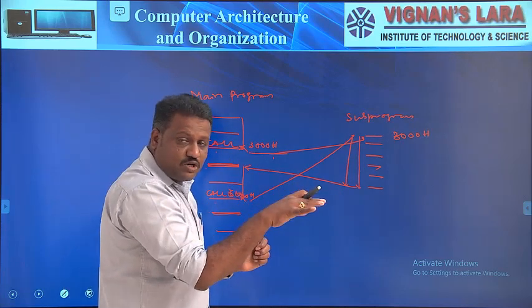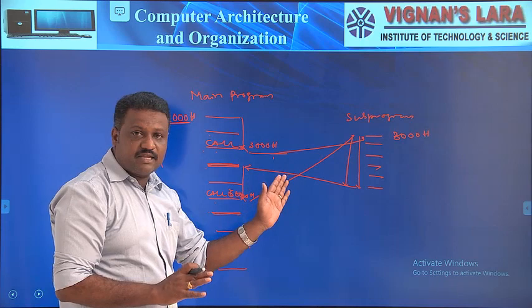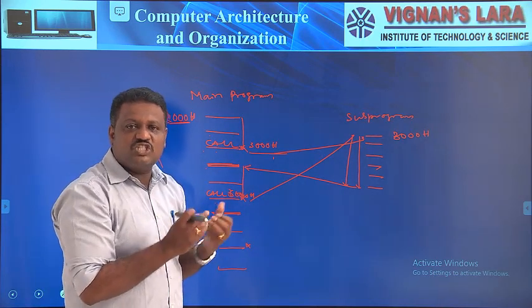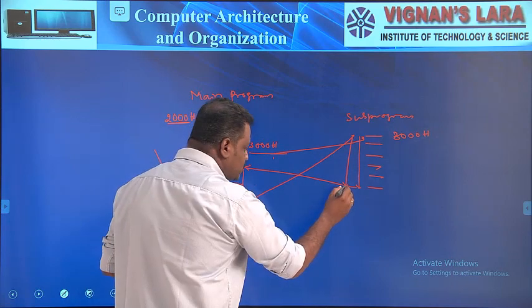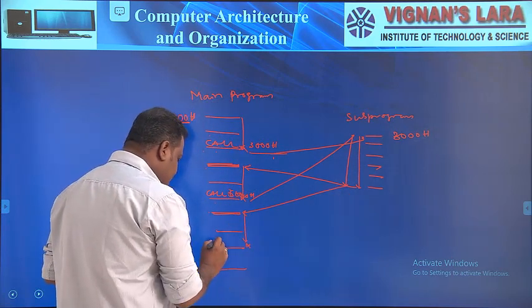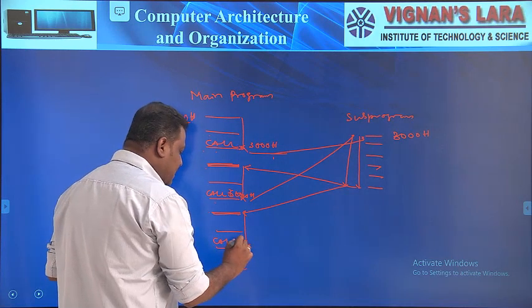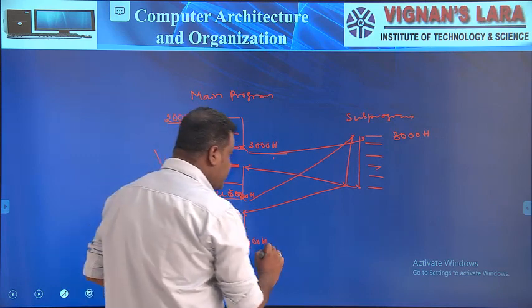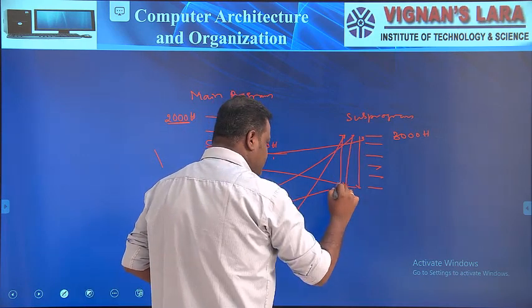Again I do the reverse operation of what I did previously on the stack, that is retrieving the top of the stack content by execution of pop. Then our execution is shifted again to this position. Again by running this, here also one more time we have the instruction call 3000H. The same procedure happens again like this.